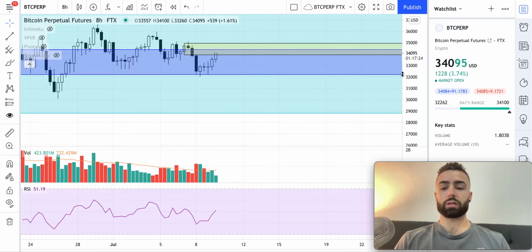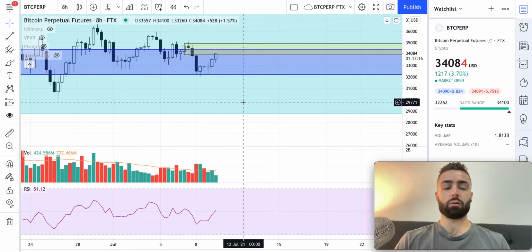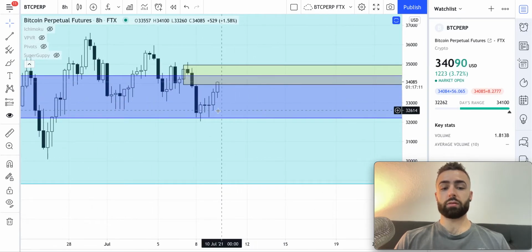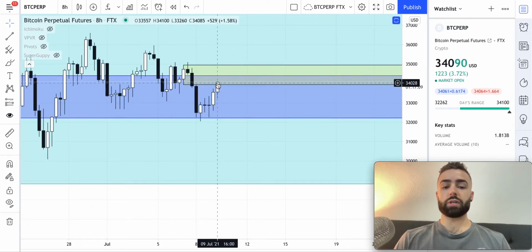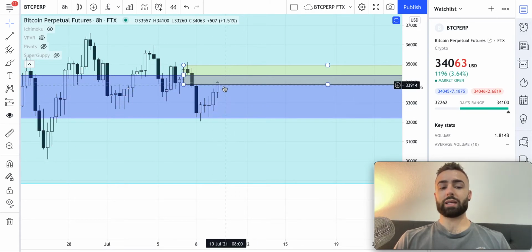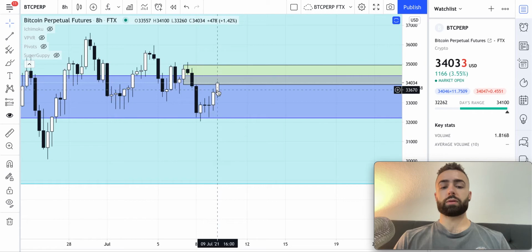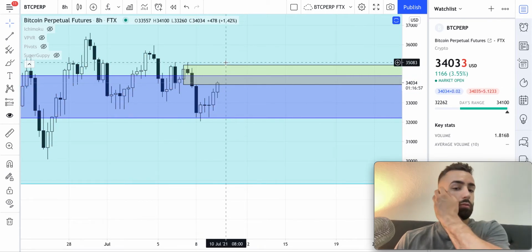We only have an hour and 17 minutes left, and it's not looking like the bulls are going to be able to make up that much in volume in an hour and 17 minutes. It's possible. I mean, the whales could step in and make it happen, but if we do get declining bull volume into this, we'll have to see what the next 8-hour candle holds. But something I'm watching is actually these key highs right here for a potential wick into this level and then